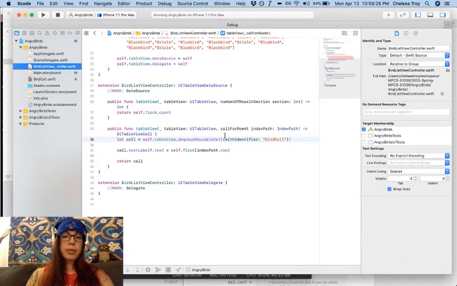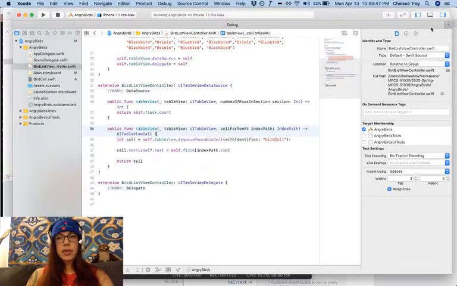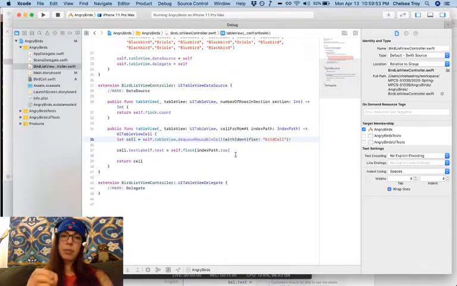What we're going to do is something that we call force downcasting in Swift, which is when you say, I guarantee that the thing that's being returned from this method can be cast as an instance of a subclass of whatever the return object is. So in this case, this method returns a UITableViewCell, and BirdCell is a subclass of UITableViewCell. So now cell will be